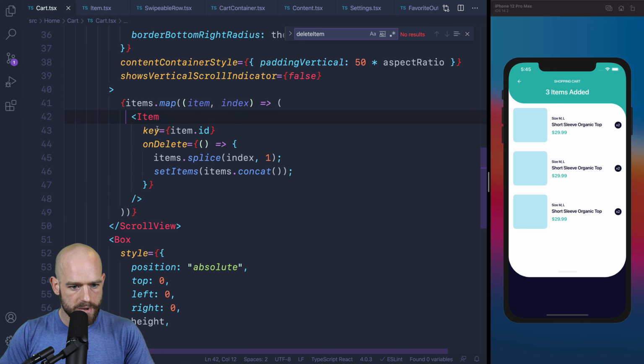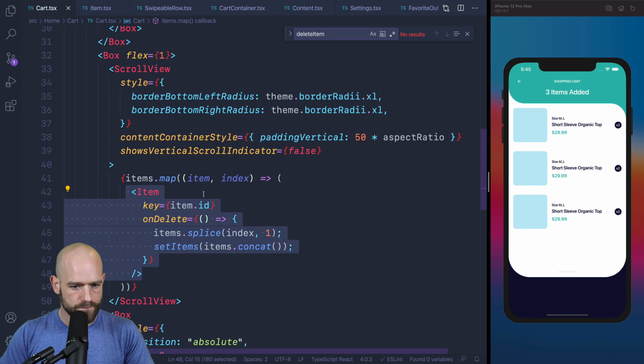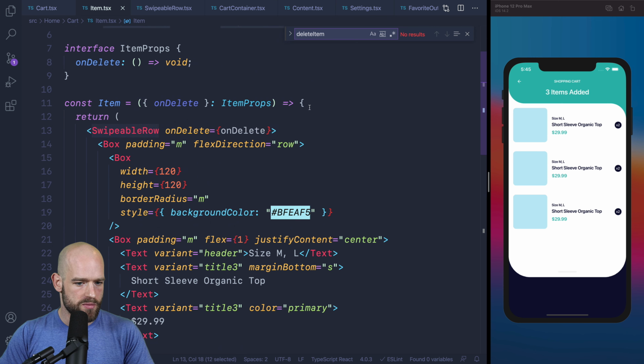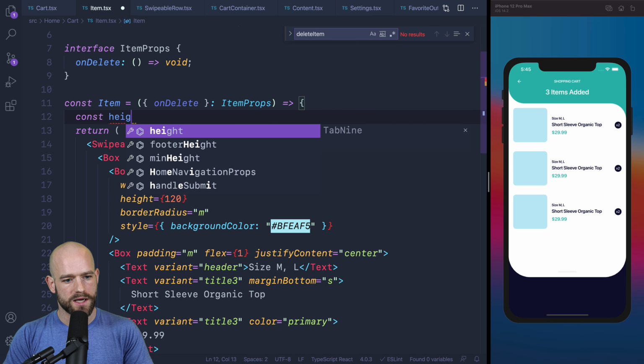So item, so items, oh, and swipeable row is here. Oh, perfect. So here we can do height